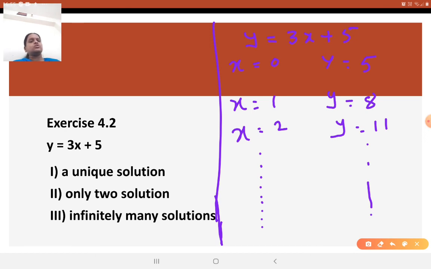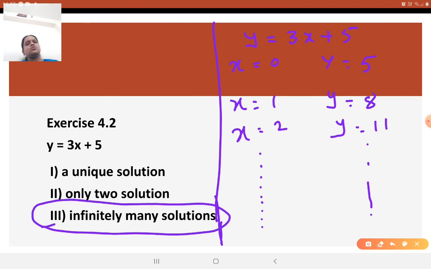So how many solutions are you getting here? Yes, we are getting infinitely many solutions. Are you getting this point? Why is the answer infinitely many solutions? If you choose different x values and substitute in the equation, you will get different y values. Therefore we are getting infinitely many solutions. Correct? This type of question can be asked in the exam as an MCQ, so you should be aware of how to get the answer. They will not ask you for this explanation, but your concept should be very clear.